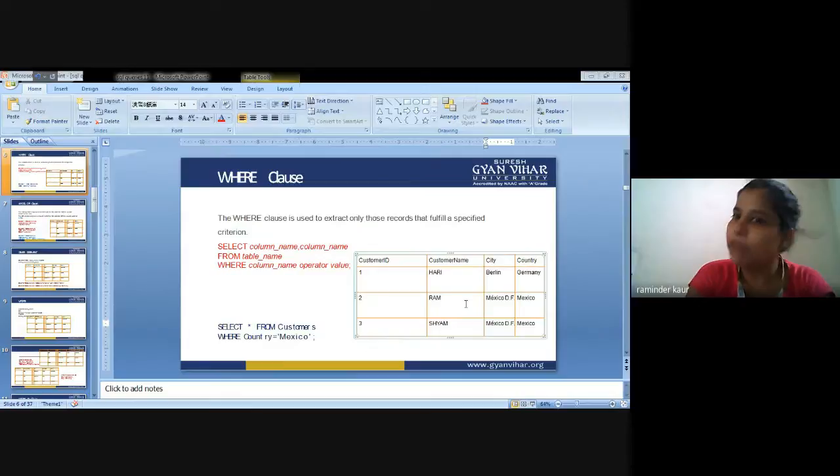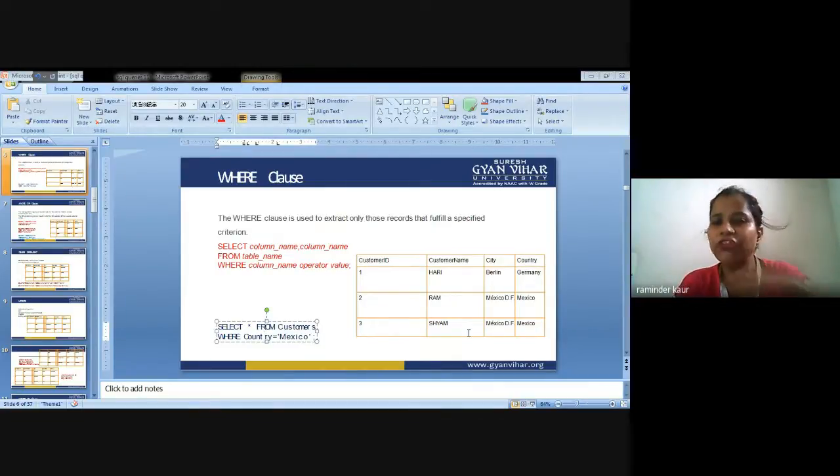So Germany will be discarded and these two records will be fetched as a result. Customer ID 2 and 3, customer name will be Ram and Sham, customer city will be Mexico DF, then country will be Mexico, because there is the filter that is put on the country. So I am going to fetch the records with the country Mexico. So in this way only 2 records will be fetched instead of the 3 records.